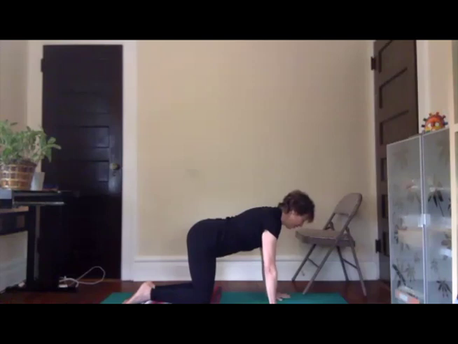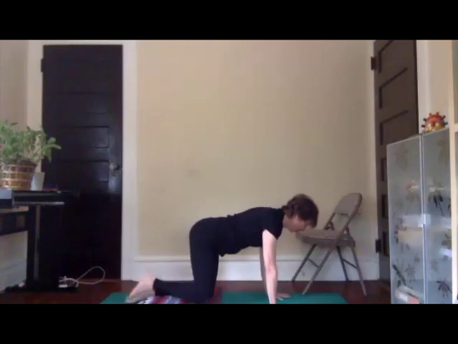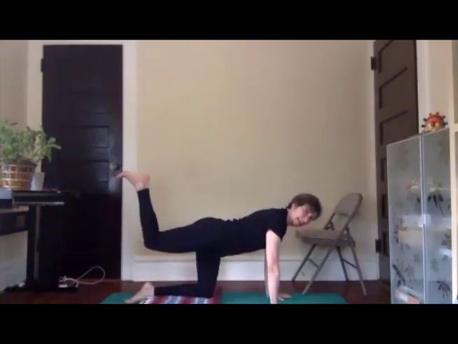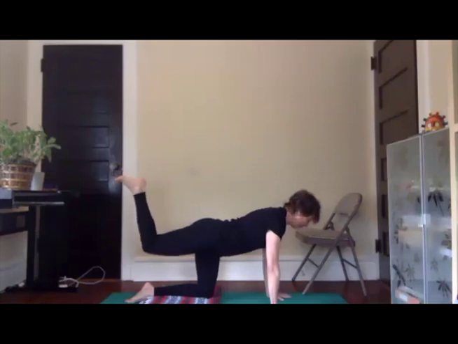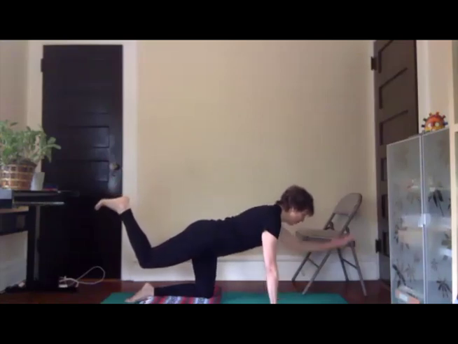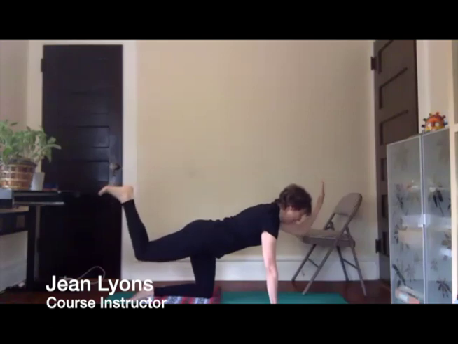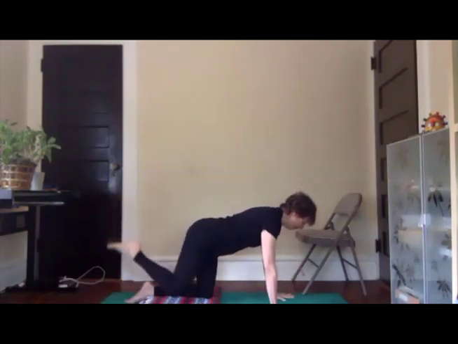We'll add a little variation. So often, for those of you who've been in my class, we take a balance like this. We're going to switch our balance up today. So the balance will be with a bent leg, lifting that leg up behind you, flexing the foot, pause here, and either staying with both hands planted or taking a bent arm with the opposite arm. Bent knee, bent elbow. Breathe. And release, palm down, knee down.